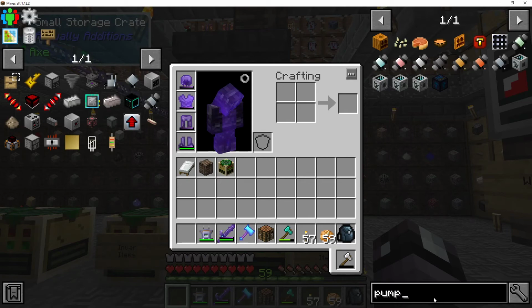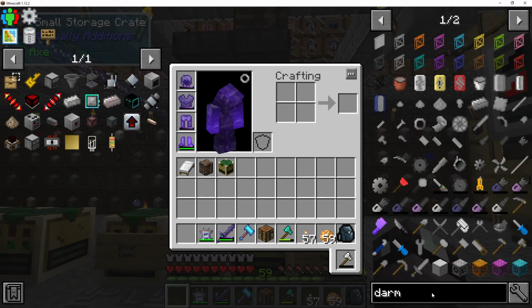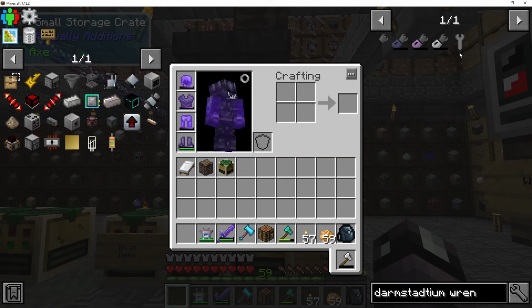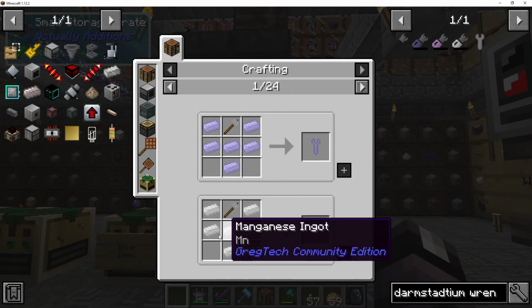a GregTech wrench, then this is important, you get one of these. Look at that. I think I need to look up Darmstadium because it's Omnifactory. Darmstadium wrench. There we go. One of these guys. Doesn't have to be Darmstadian, but if you open it up, you can make it out of a whole bunch of different stuff. But you need one of these